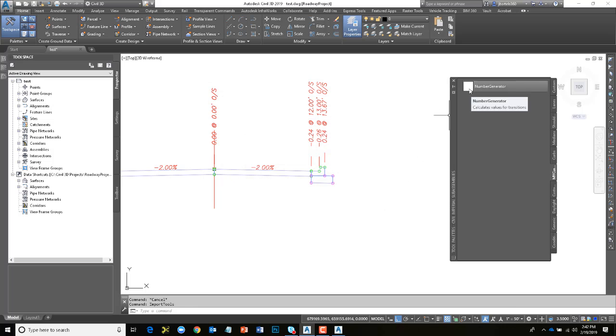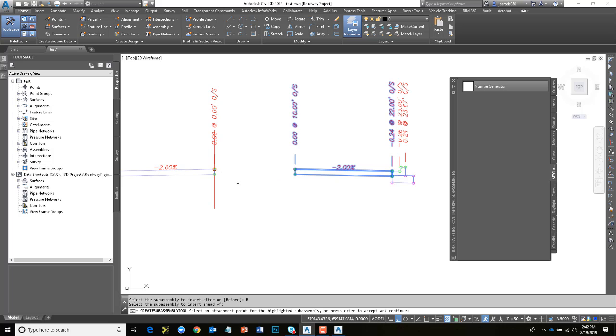So there it is. Now, let's add this to my assembly. We're just going to be transitioning the right side in this case. I'll select that, and then I'm going to choose Insert. I want to insert it before an object. I want to insert this before the lane. Let me press Escape. If I hover over my little number generator, you can see it's displayed as a couple